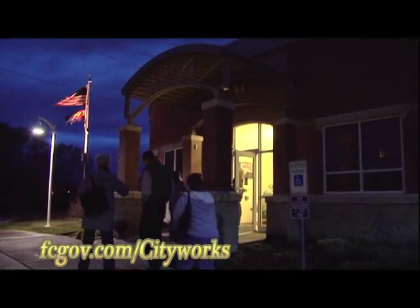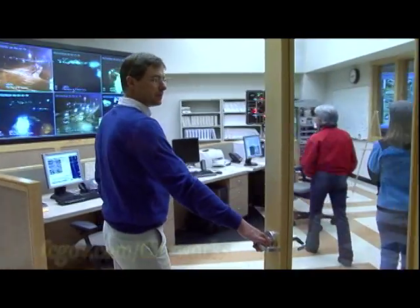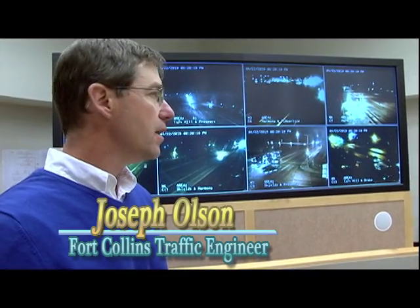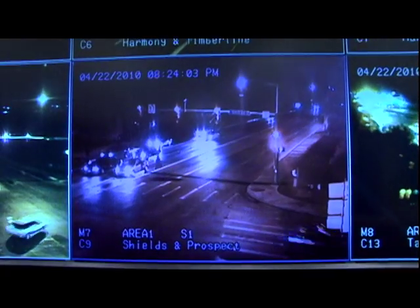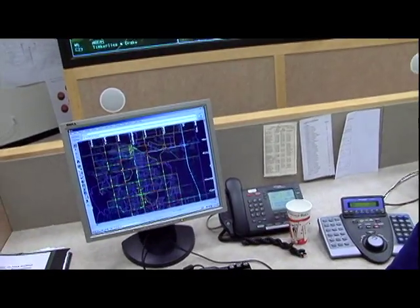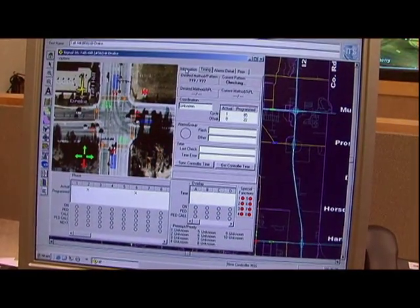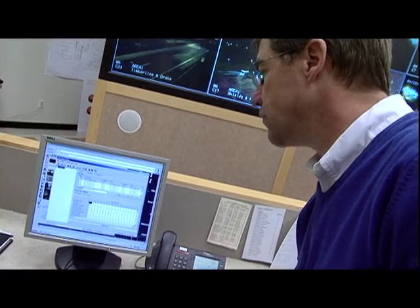This is our Traffic Operations Center, which is actually the heart of our traffic signal system. We've got a total of 28 closed-circuit televisions around the city, which we can pull up and monitor 8 of them at any given time and make changes, uploading and downloading timing from here. We can pull up individual intersections. We can pull up the timing information for an intersection. Again, modify that from here and send new information out to the field to try to account for varying traffic